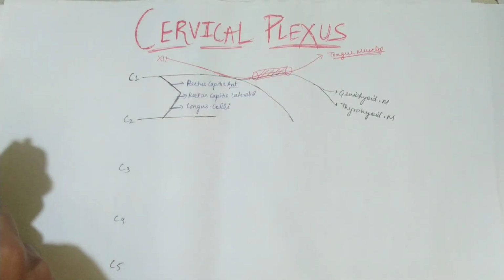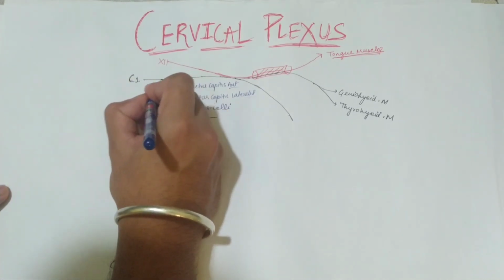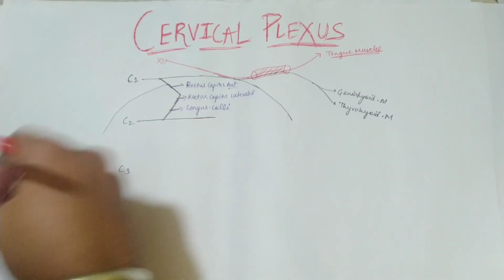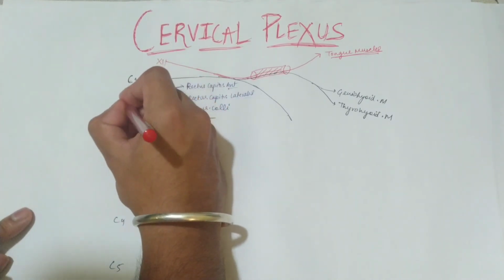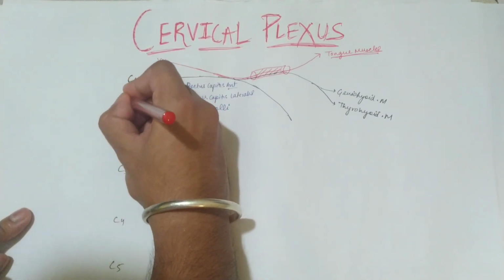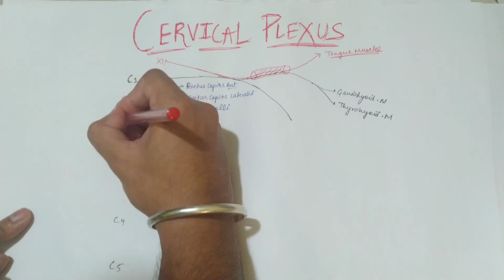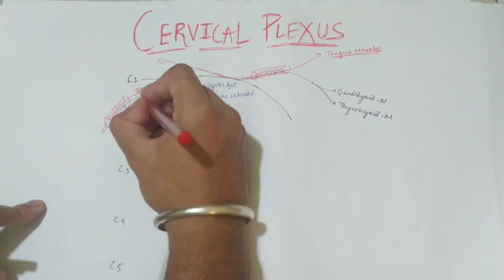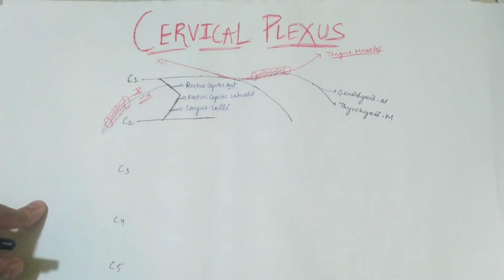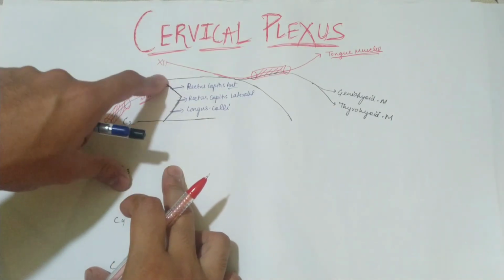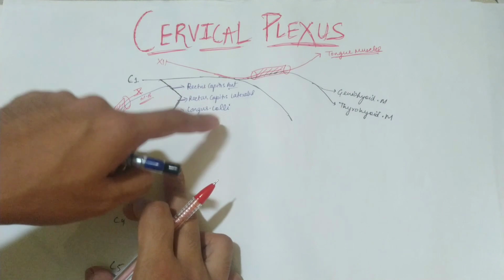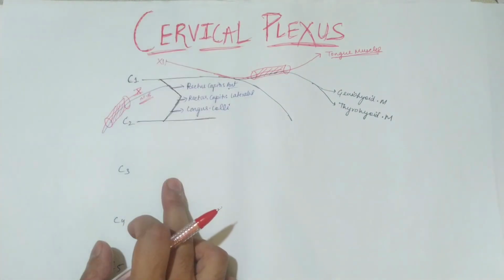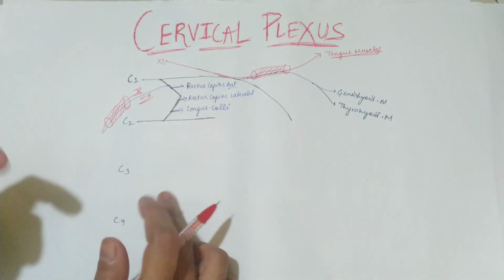Some muscular branches also join with the 10th pair of cranial nerve and go further together. This is the 10th pair of cranial nerve. It also goes like the hypoglossal in a sheath. Some muscular branches also go from here. So this was your C1 and C2 root. Both the spinal roots combine and give branches to the prevertebral muscles of our neck region.